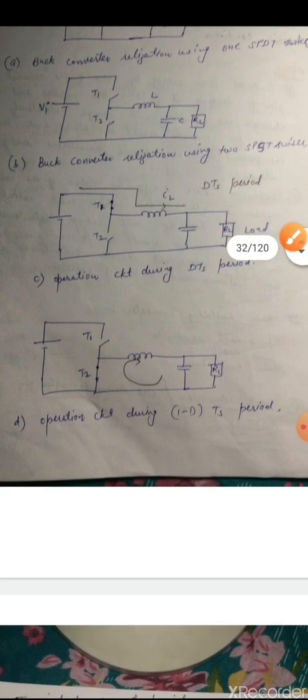So by taking this configuration, this is mode 1, or we can say this is the DTS period. TS is the switching period and TS equals 1 by fs, which is the switching frequency. So first T1 is on, then the supply voltage Vs, which is DC voltage, is connected to the inductor and load. So what is happening? The inductor is getting charged and the current IL is flowing. This is the DTS period, mode 1. This is the operation of the circuit due to DTS. The inductor is getting charged with plus over here, minus over here polarity.